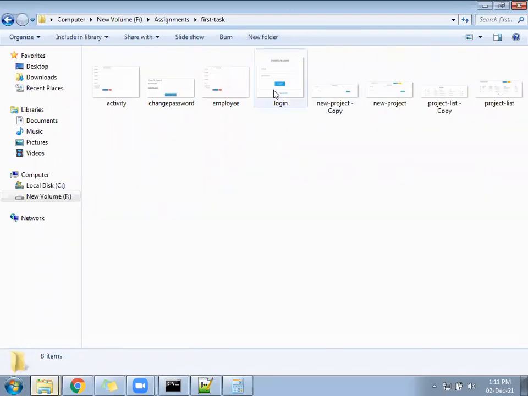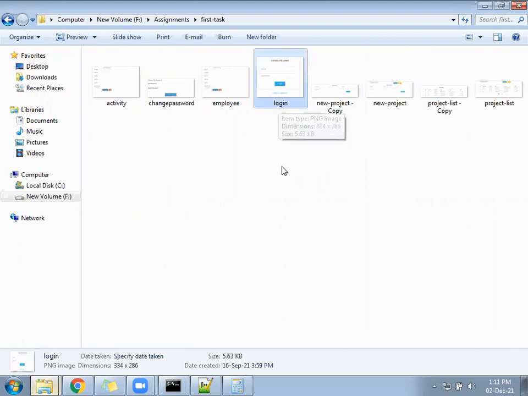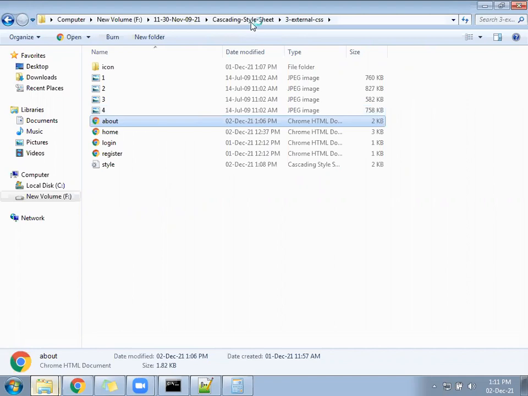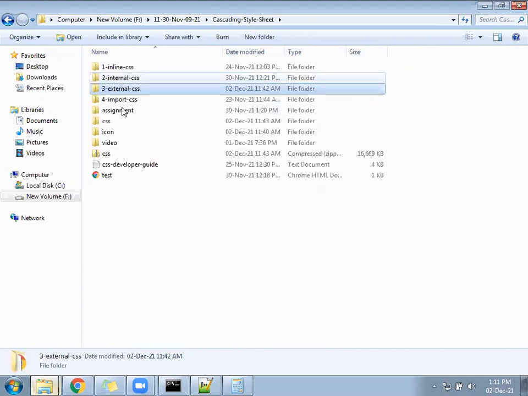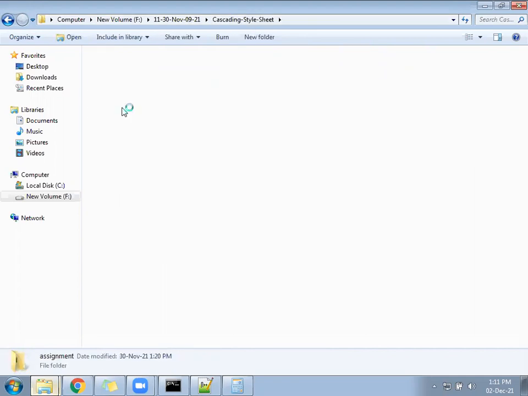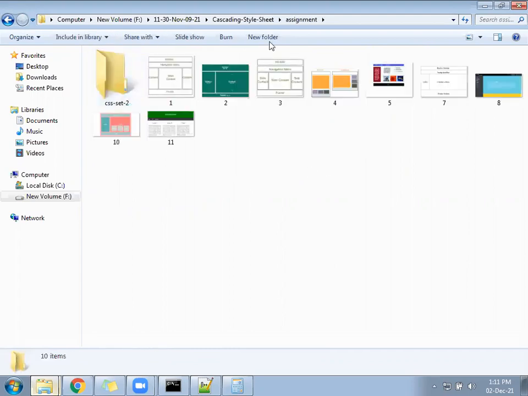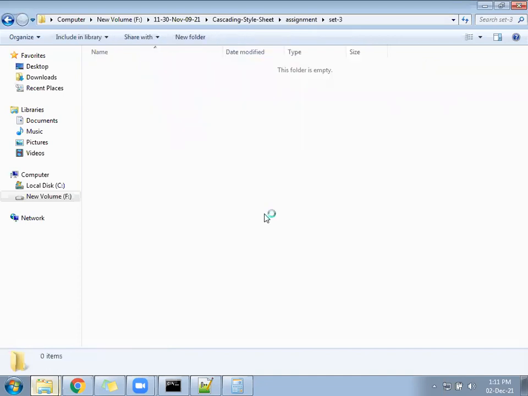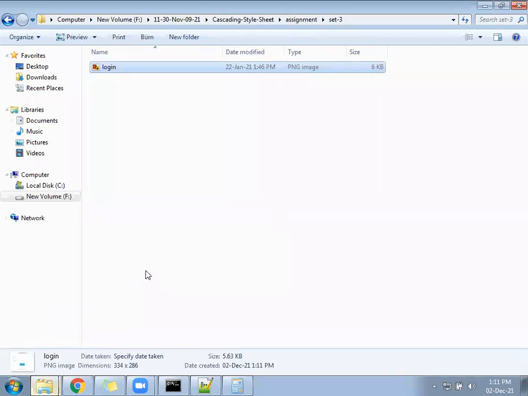Two files we have, and these two files we are going to do. One is a login. The copy came under the CSS folder, under the assignment, set 3. I hope whichever photo has been sent till date, you are working on that. This is the login page.